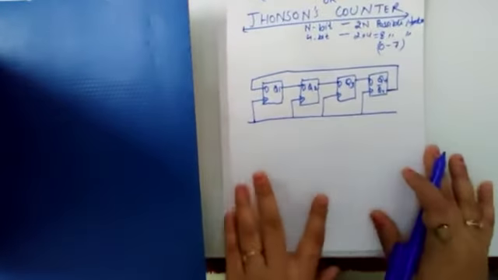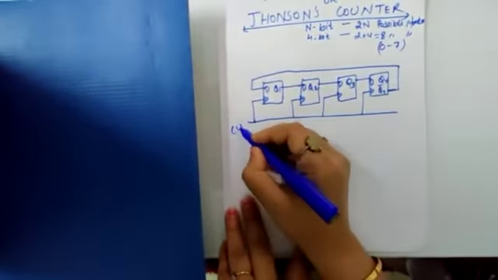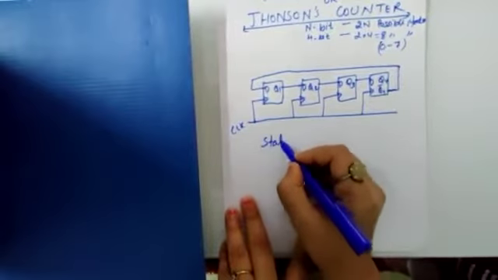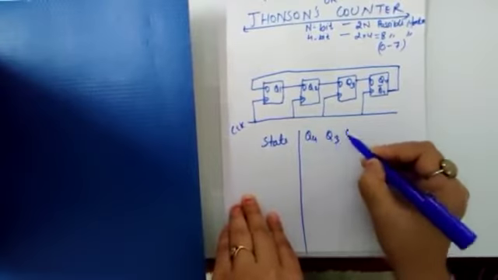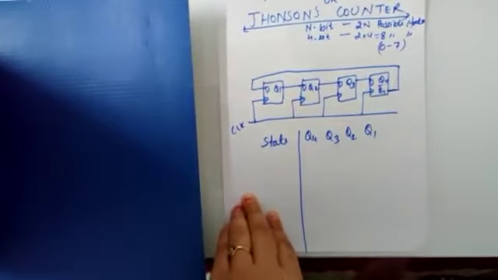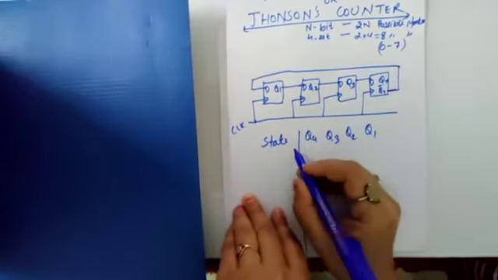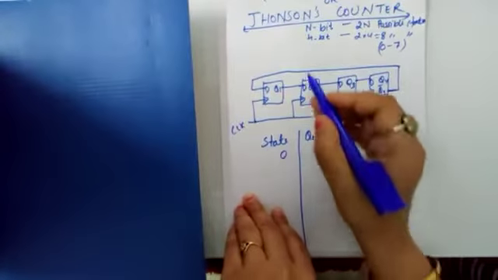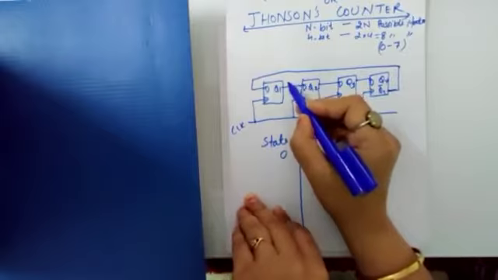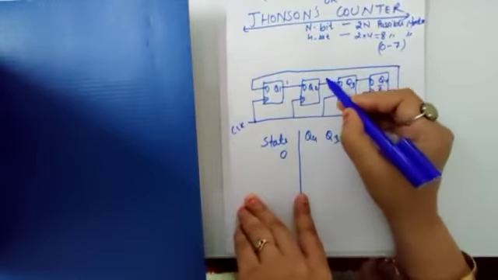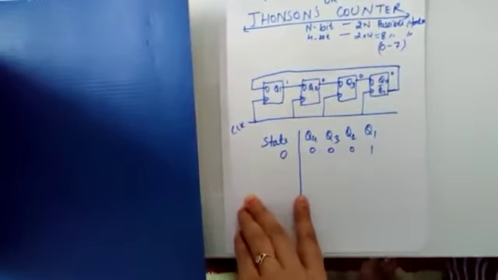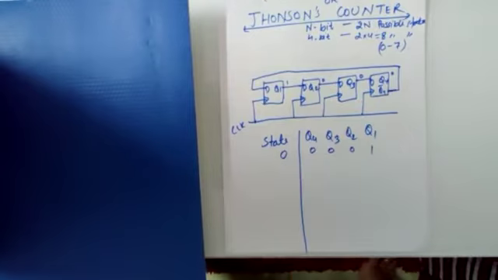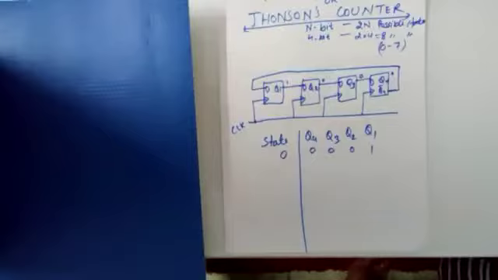So again, what we are considering, this is the clock pulse. So again we have to take this state. With the help of a table we will understand the working. So this is Q4, Q3, Q2, Q1. Alright, now again we are taking the same outputs: before giving any clock pulse, the output stored in the counter is 0 0 0 1, means Q4 is 0, all the outputs are 0 except Q1. This is the output that we are considering before giving any clock pulse.